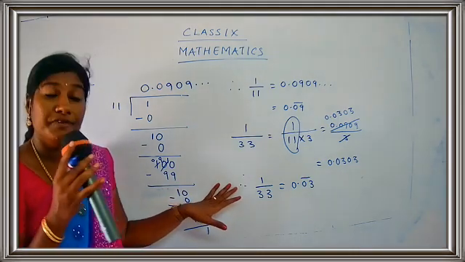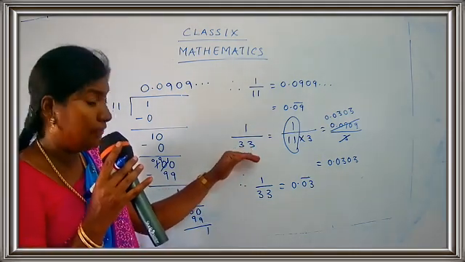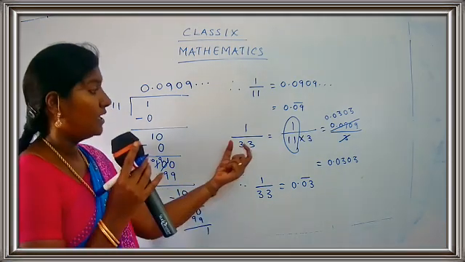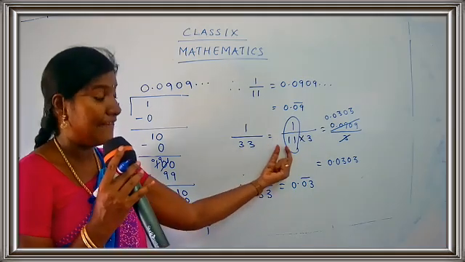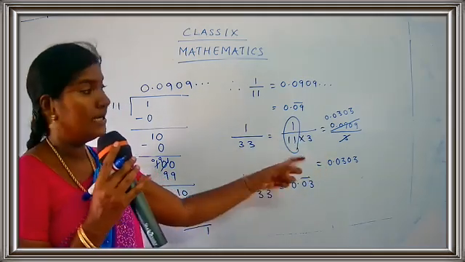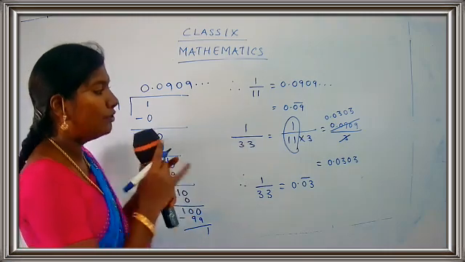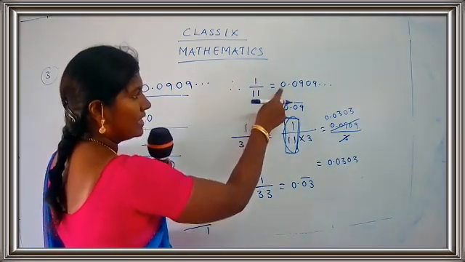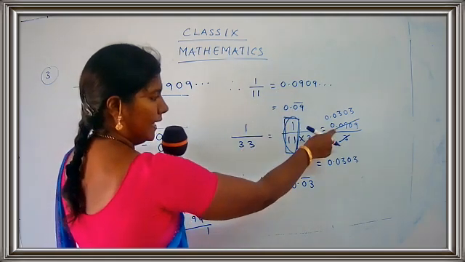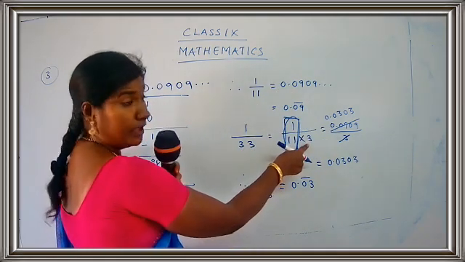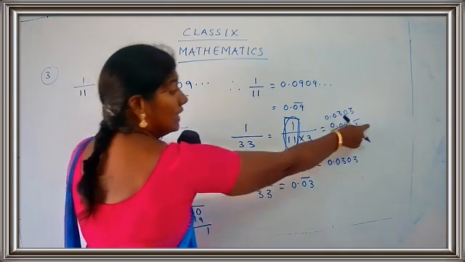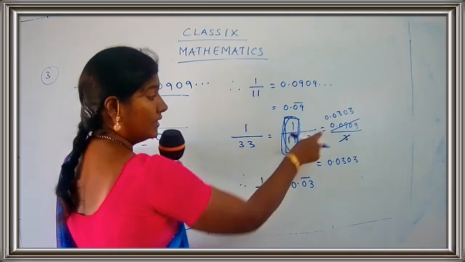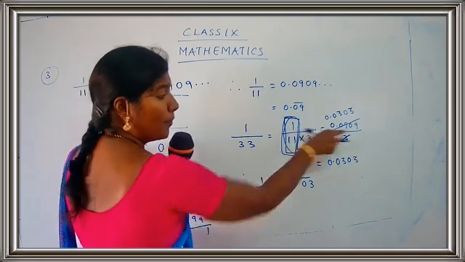So what we have done here, we have written 1 upon 33. And how are we changing 33? 33 is changed as 11 into 3. Getting my point, children? 11 into 3. I know the value for 1 upon 11. What is the answer for 1 upon 11? 1 upon 11 is 0.0909. And this is in the numerator part. Okay, so upon 3. Do not multiply by 3, children. 1 upon 11 I have written in the numerator part. This is upon 3.